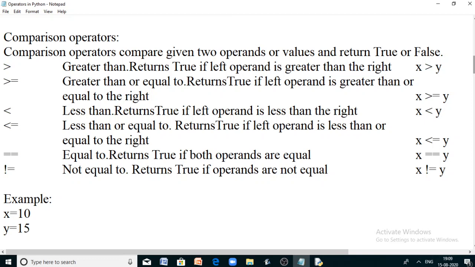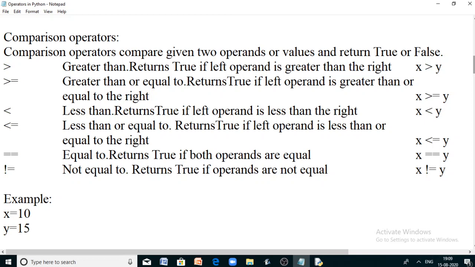Greater than, less than, greater than or equal to, less than or equal to, equal to, and not equal to. Greater than will return true if the left operand, the operand at the left of the greater than symbol, is greater than the operand at the right. Else it will return false.